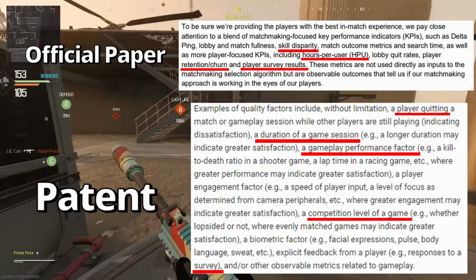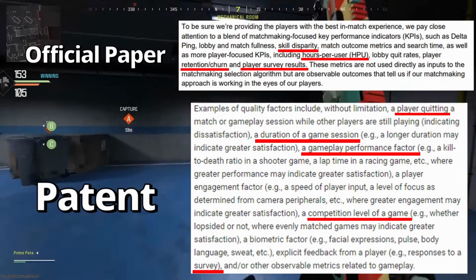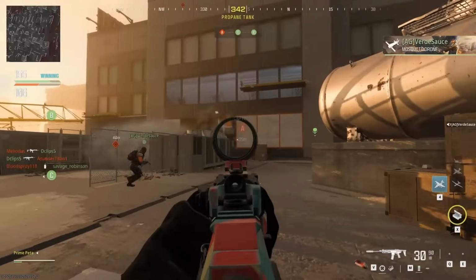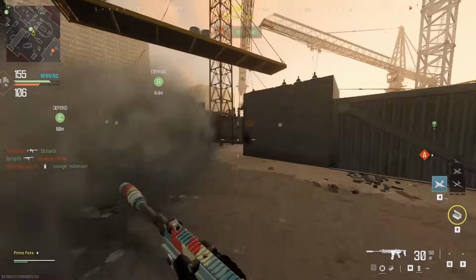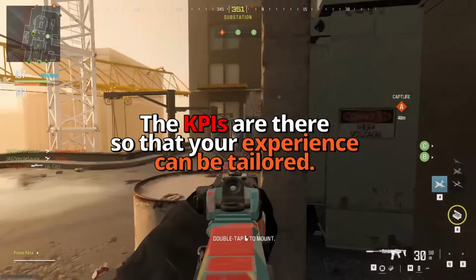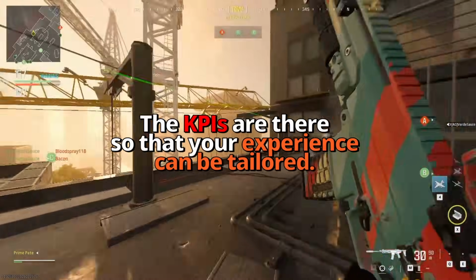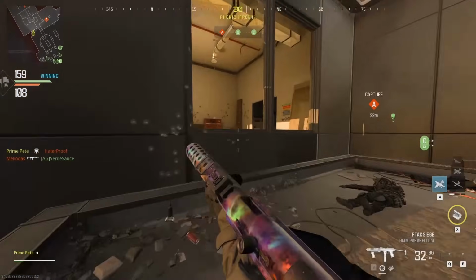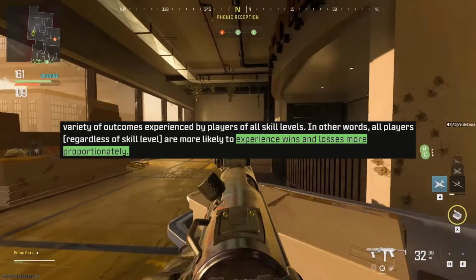This is one of the first times where something they've admitted to actually perfectly lines up with methods described within the patents. So my point being, these KPIs that they measure play more of a role than just being there for measurement. They are there so that your matchmaking experience can be tailored and personalized to keep you engaged in the game. This, along with them admitting that they want players to experience wins and losses more proportionately, may lead